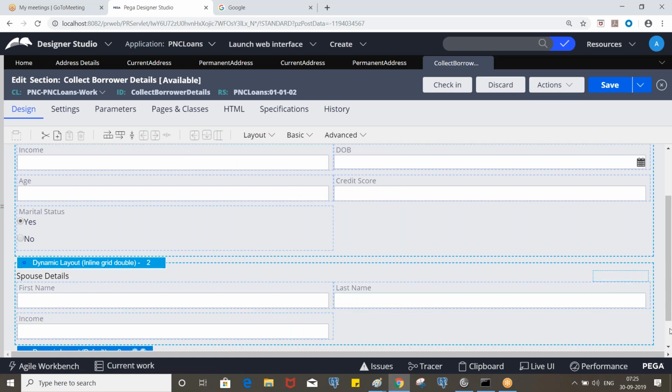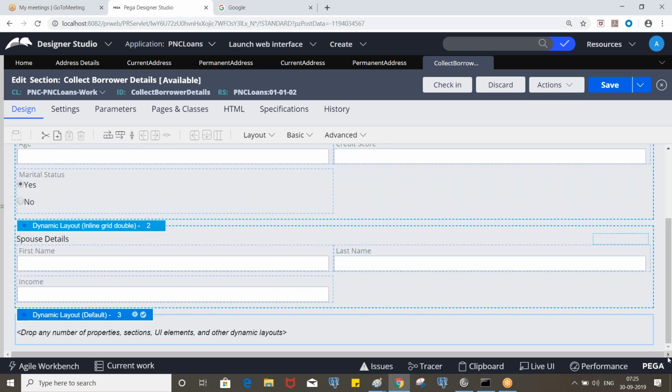Okay, so first we need current address, then beside that we'll have a checkbox property, then permanent address. If we want them one after another, we can also do that by using the default.